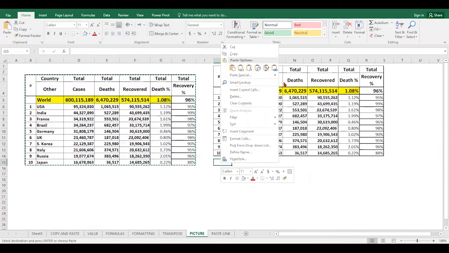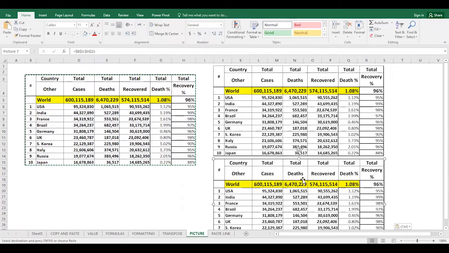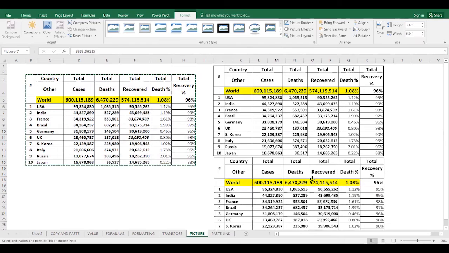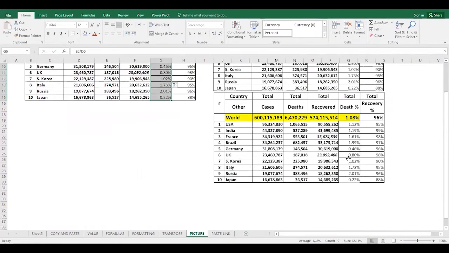So what do we do? Right click and use the last function, paste as linked picture. When you click the linked picture, you can see it is still a picture, but this picture is linked. Suppose I want to change the value, for example, 1.12. You can see I am making some changes here, and automatically it will reverse